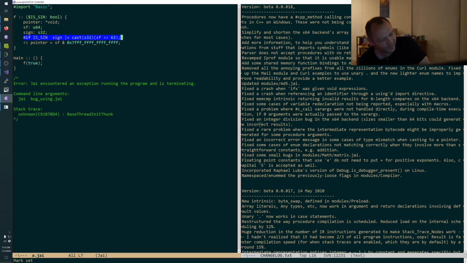Okay. So the static if. This is a weird parser hole. The static if is finishing parsing and then continuing onward. I'm getting hungry.